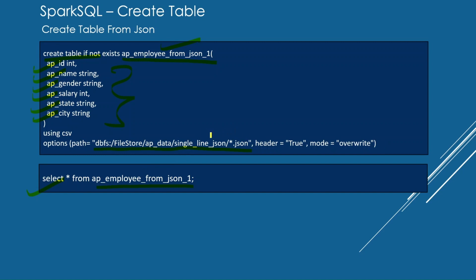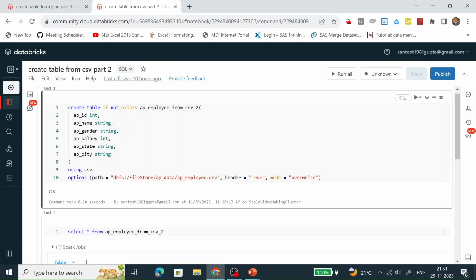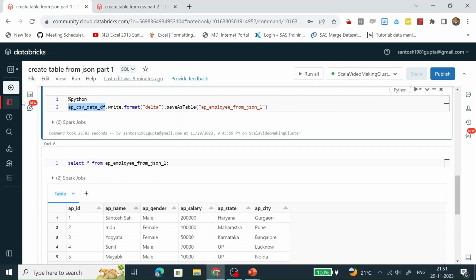It is a combination of all the JSON files present in this single line JSON folder. So all the JSONs which have the data, the same data must be present in this table as well. So let's go to Databricks and do this exercise.